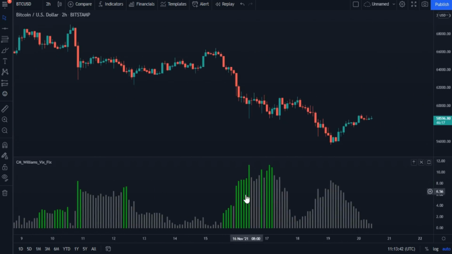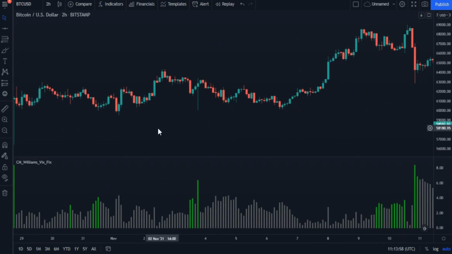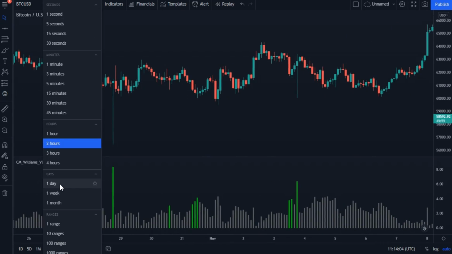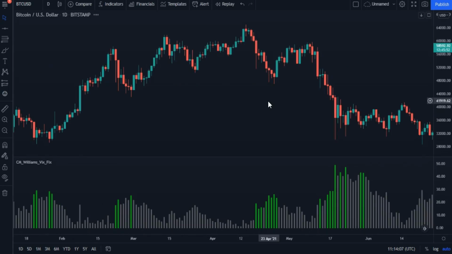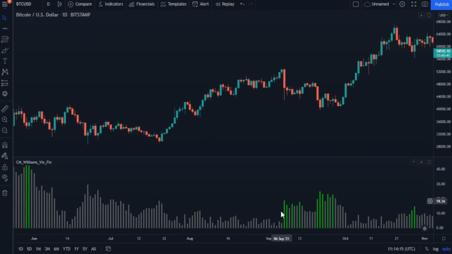This indicator helps us to find and determine the bottom of the market. As you can see, the longer the green bars, the more the market goes down. In general, it works like a volume indicator, but with some minor differences. To obtain satisfactory results from this indicator, it is preferable to use it with a one-day time frame. Well, when you apply it to the one-day frame, you will notice that the accuracy in identifying the bottoms has increased,